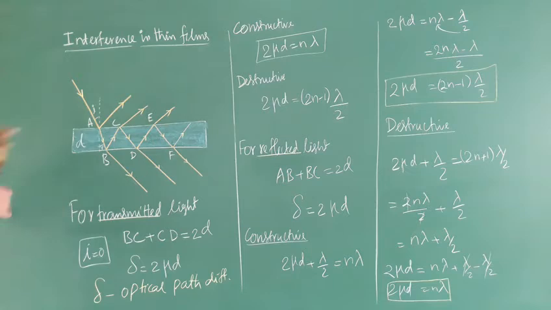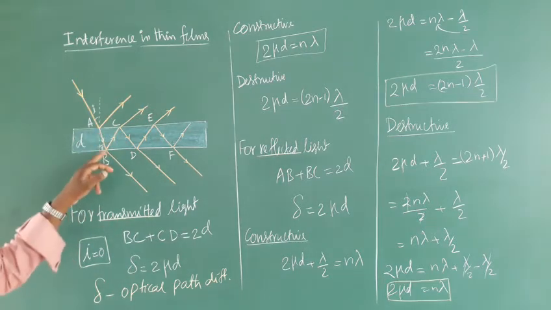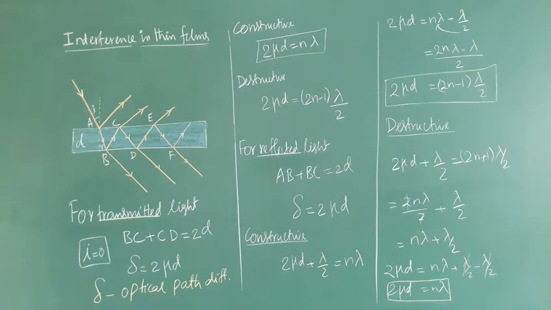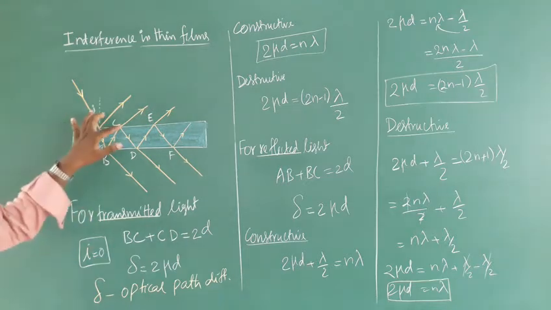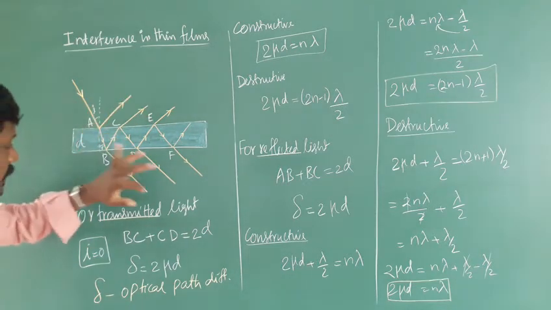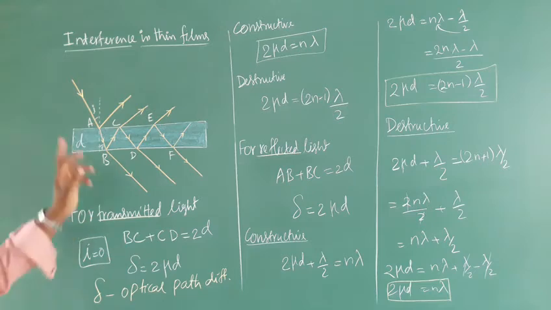At the upper surface, the light is incident, and it is reflected and then refracted. So the incident wave is split into two: one is reflected, another one is refracted. Again inside the thin film, at the lower surface, the refracted light is again split into two. One is reflected, another one is transmitted out. Here the reflected light and transmitted light both produce the interference pattern. So we are going to find the condition for transmitted light.